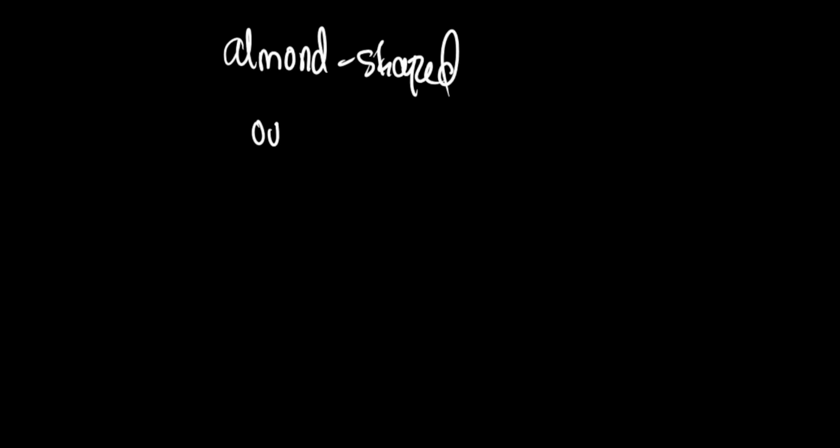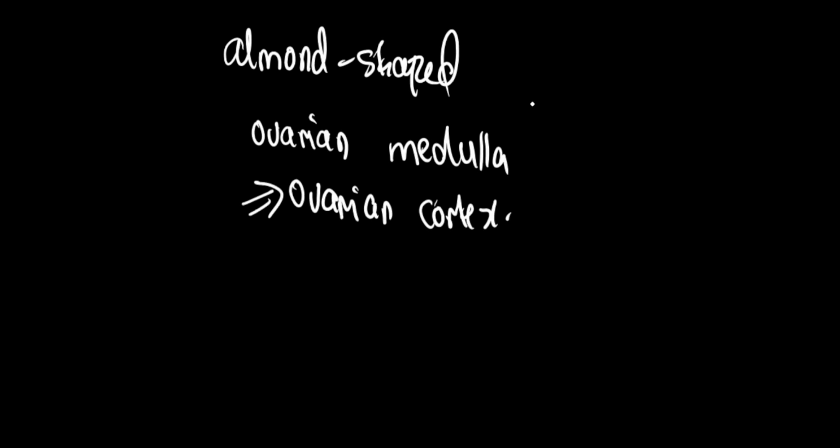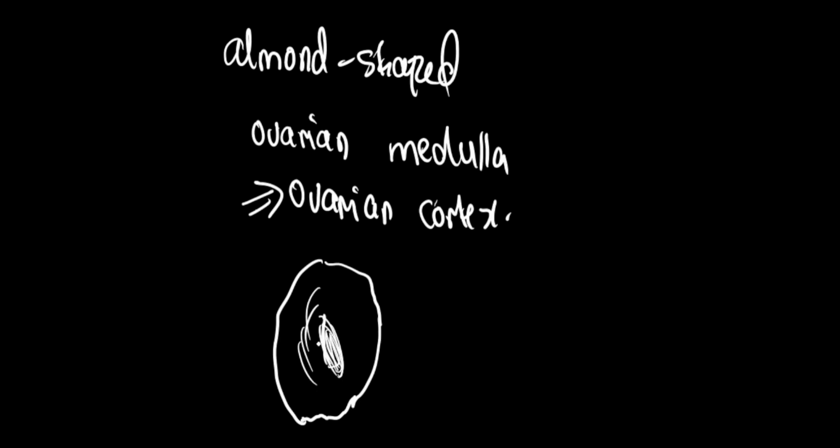This is the ovarian medulla and the ovarian cortex. The ovarian cortex is kind of like the exterior part of the ovary. So if we take a transverse section through the ovary, we have a very small medulla region, which is the middle region of the ovary, and then we have the cortex